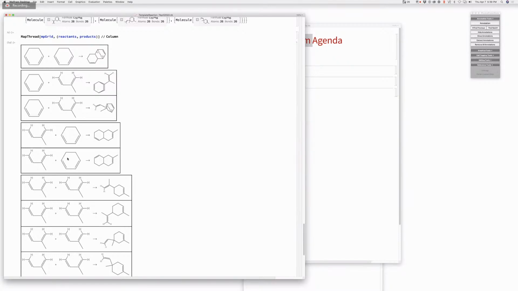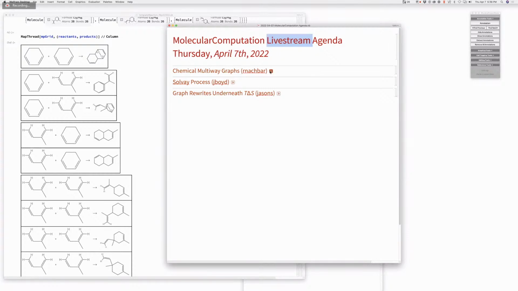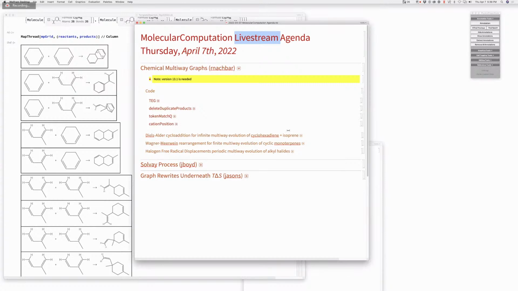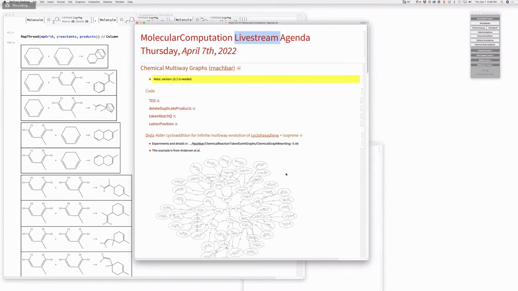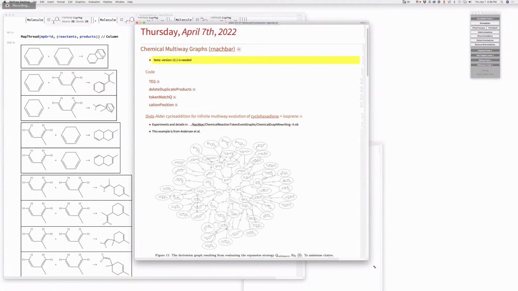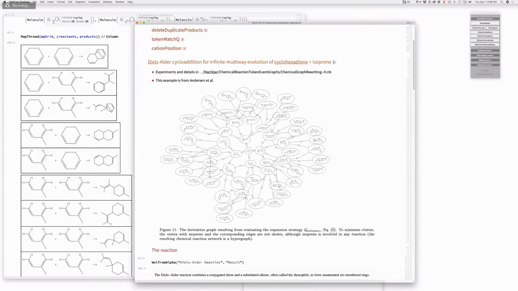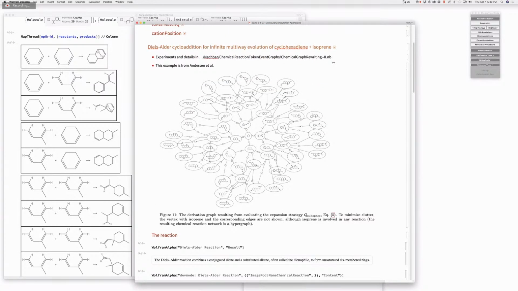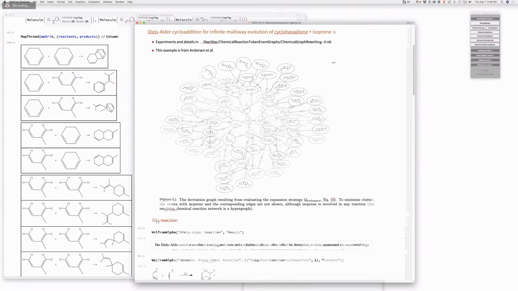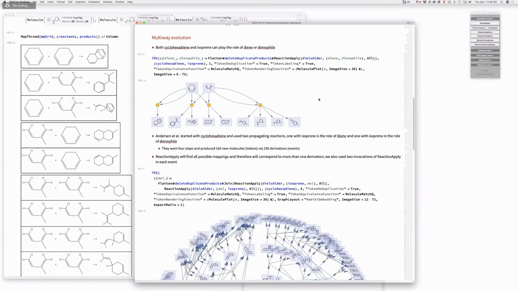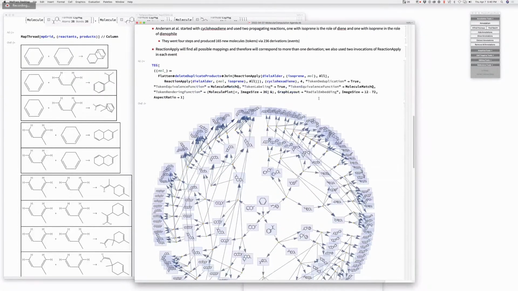In the other notebook, Stephen, the first section has this exact system in it. Okay, fine. The Diels-Alder one. Okay, here we go. Somebody had already done this and published their multi-way graph of it. It's not convergent, but it can go on forever and ever. I've redone it using our tools, and here is just the first step. The same two molecules there at the top, and the way they can react. This is the result of doing it